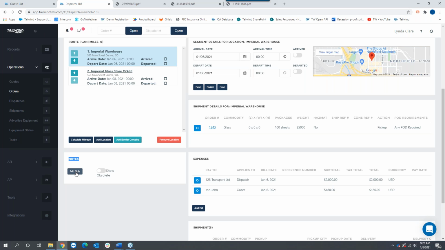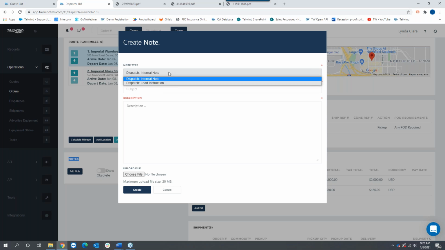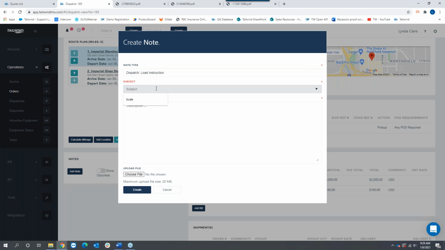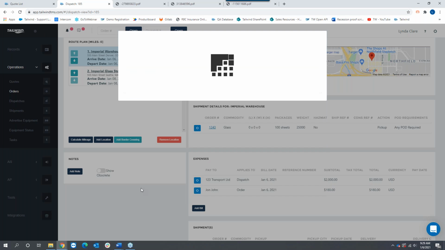So if I add a note, I've got a choice of two notes. Internal notes will be viewed by internal users only. Load instruction notes will print on instruction sheets. So let's look at some examples here. Let's say driver must check call every morning. Let's say driver must ID as my company. Whatever those details are that you want to get through to your carrier partner, type them here, hit the create